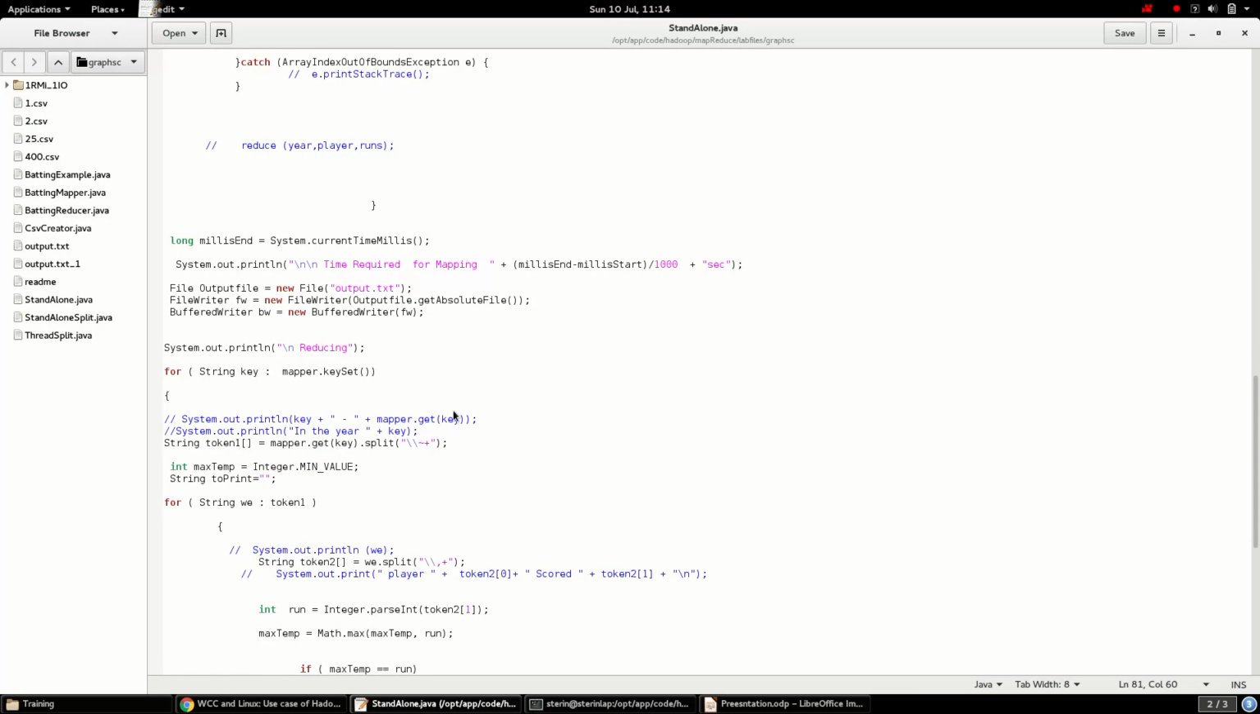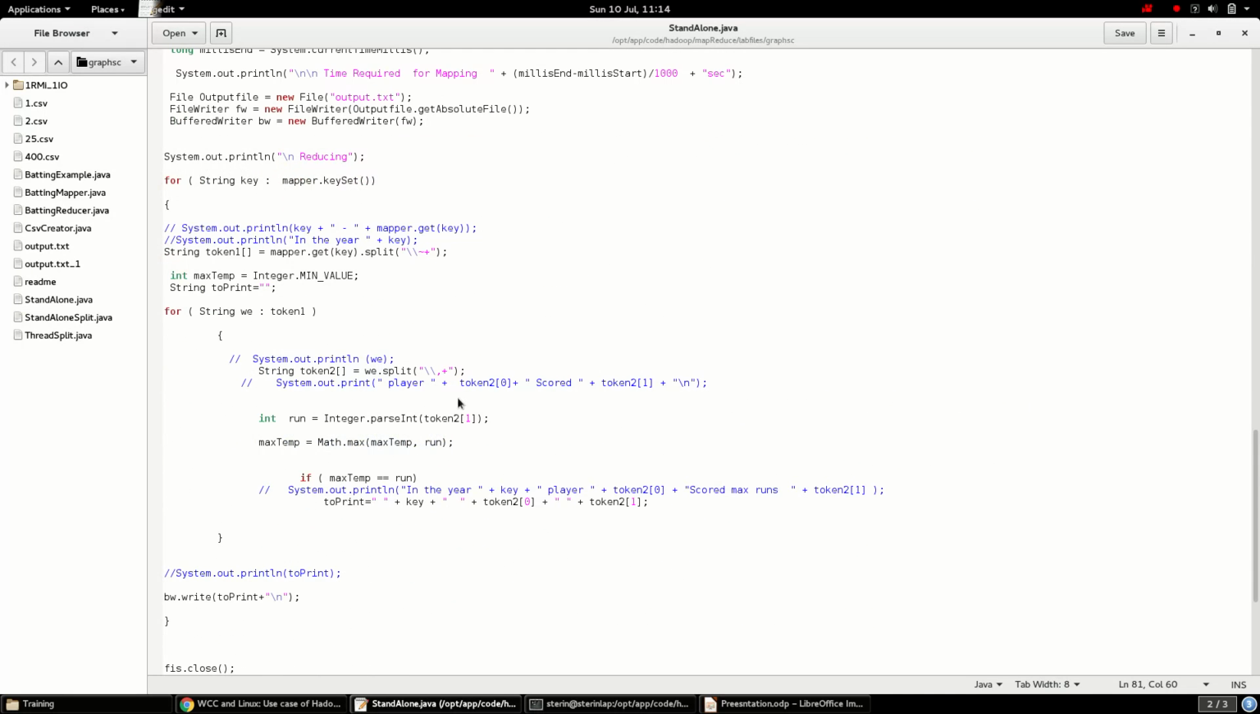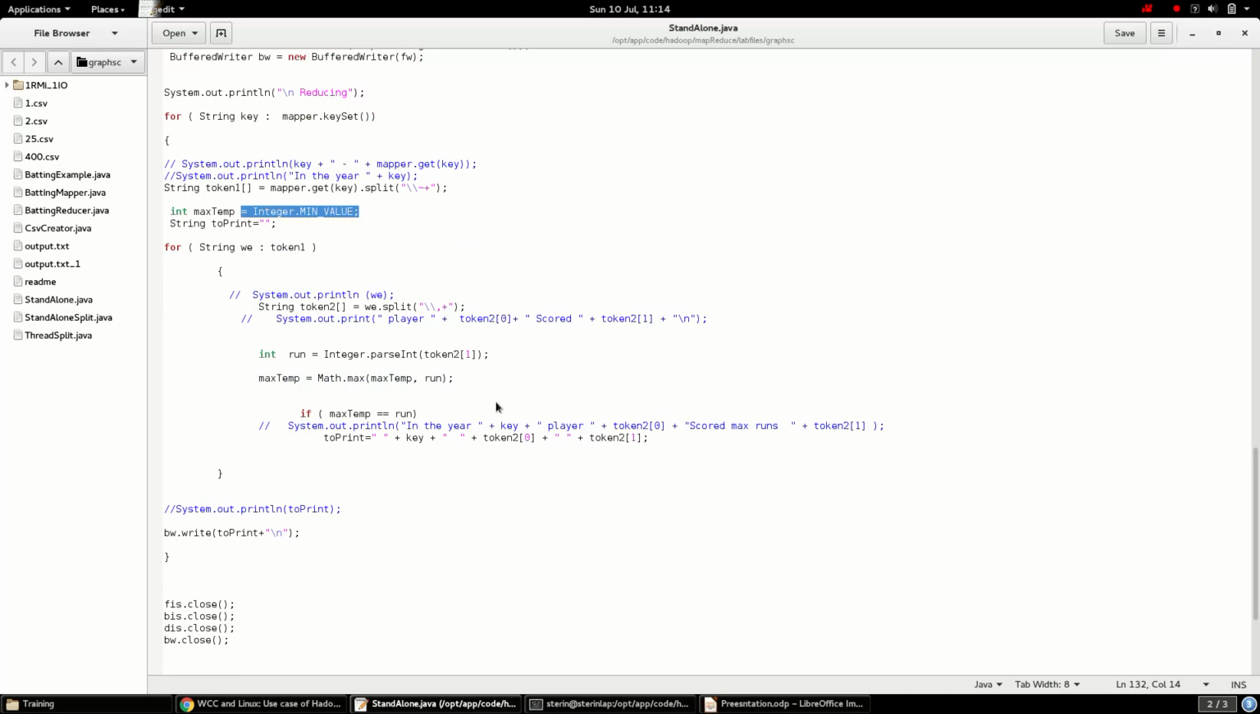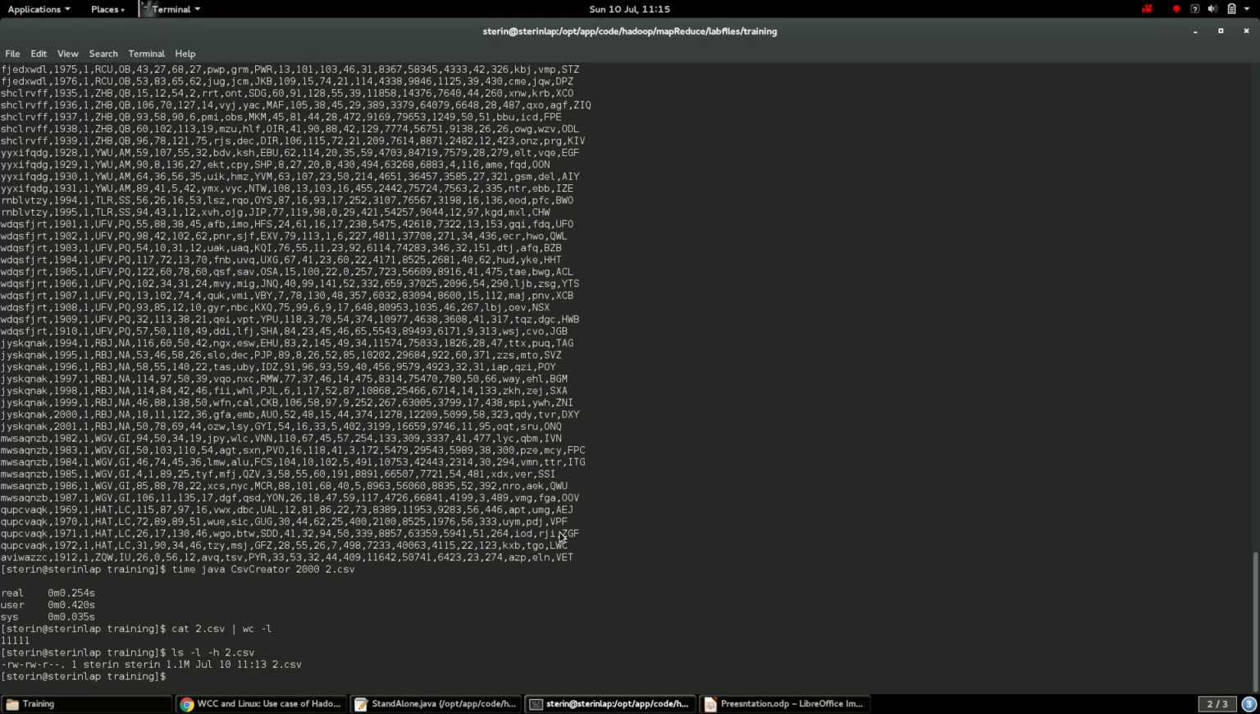After that it will go to the reducer. In the reducer, it will find out in which year the maximum run was scored. Then it will add it to the output with the key and value. So the first thing is I'm going to process this